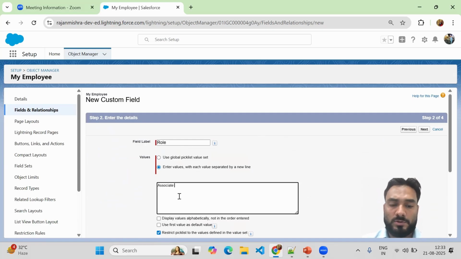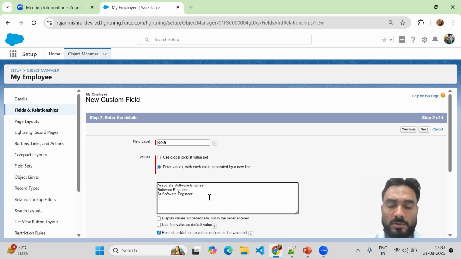Resource, associate software engineer, software engineer,